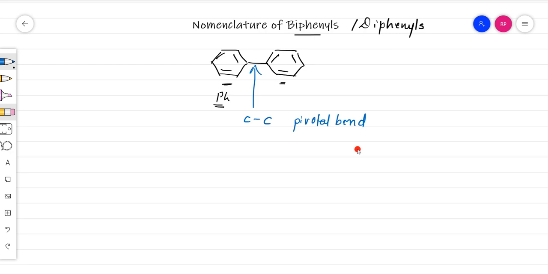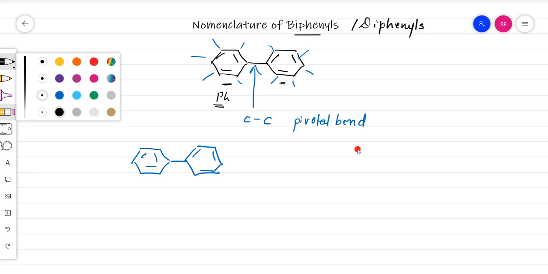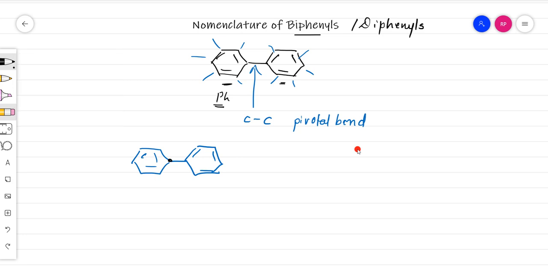Fine. So, biphenyls are the compounds where two phenyl rings are joined to each other, and they can have substituents on these carbons. So, when they have substituents, how are we going to name them? While naming these compounds, we have to number the ring. Now, how to number the ring? You can number it in any way. Like if you start from the common bond, so you will start from the carbon from which the phenyl rings are joining to each other.